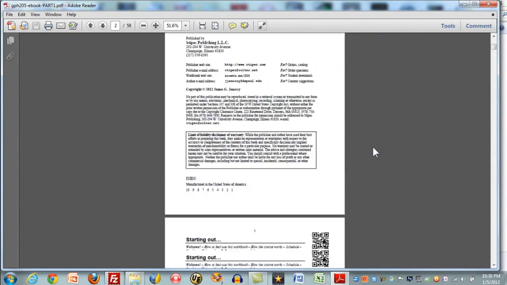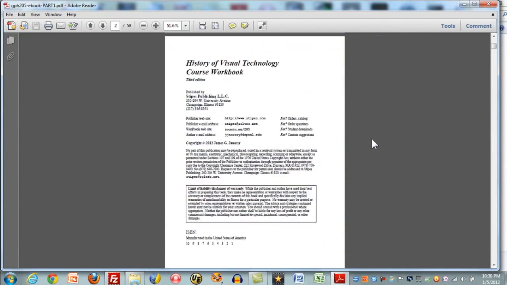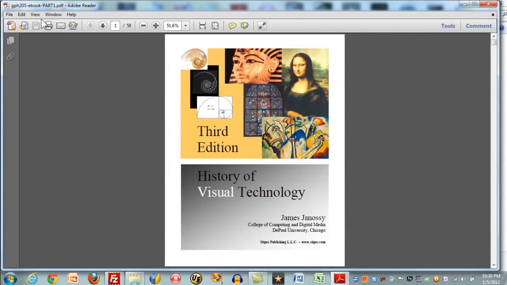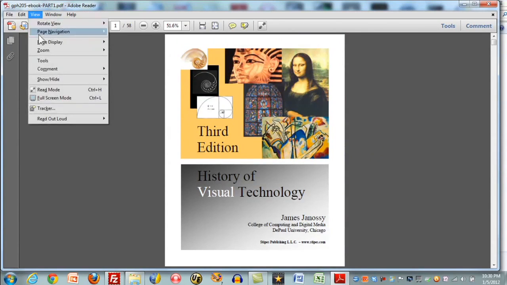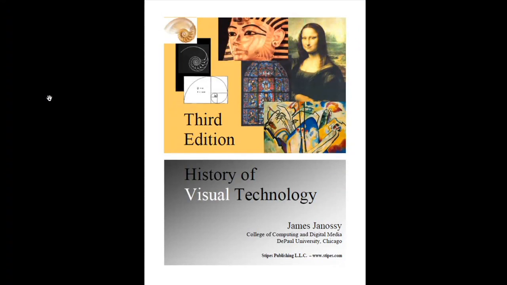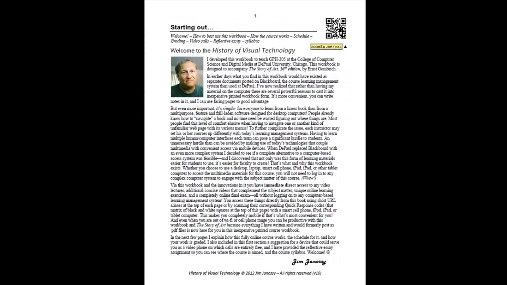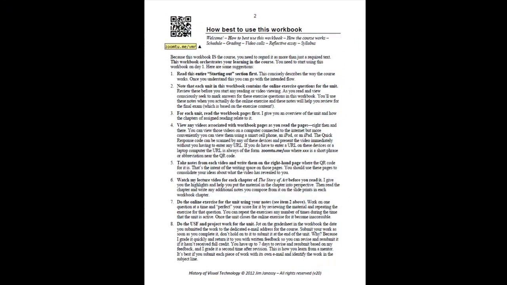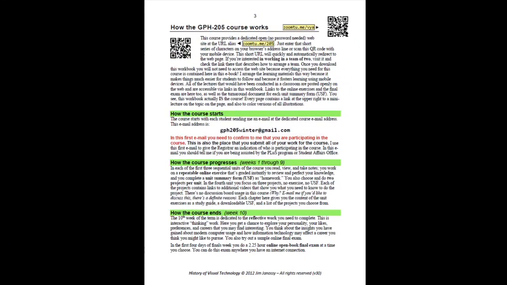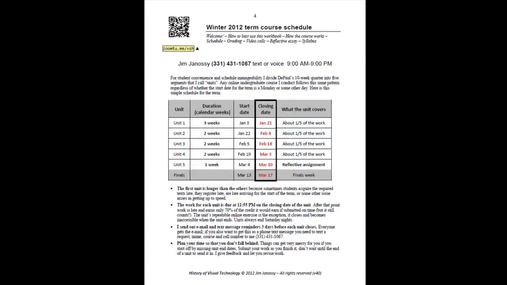And this way, when you scroll, it's going to roll up. That's still not as handy as it could be. If you go here to view, and you go to full screen mode, that makes it a little bit more visible, and I can use the right arrow key then to go through the book. And it should be fairly readable on your screen this way, but it's still not what you want in terms